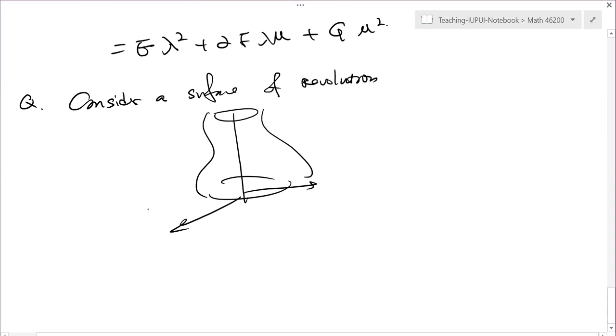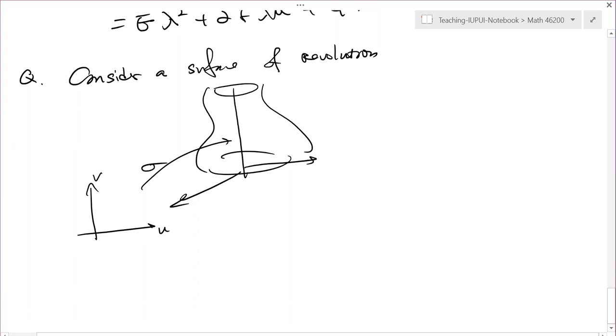Remember the surface patch, right? The surface patch is from u, v, and this is going to be